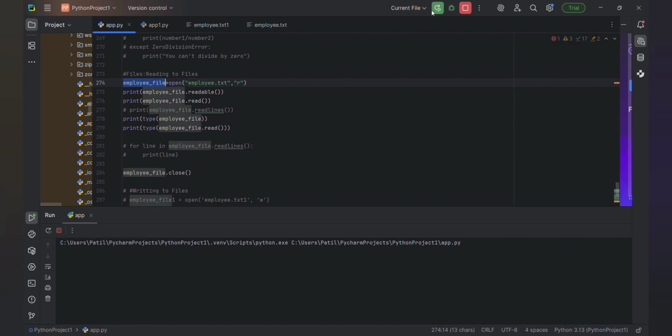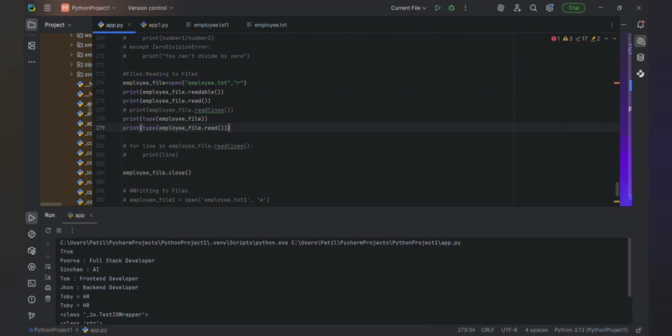Let me run this. So first thing is open, this is the syntax, open the file name. Here read, see r. So print readable means we are checking whether it is readable or not. It will be true, it is a readable file.